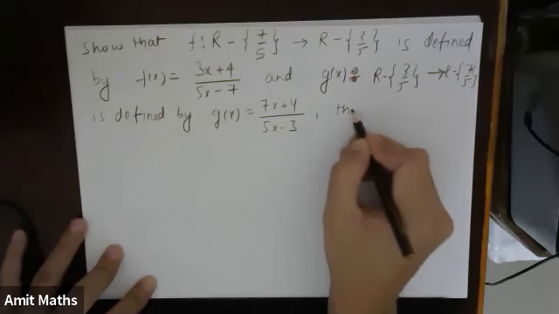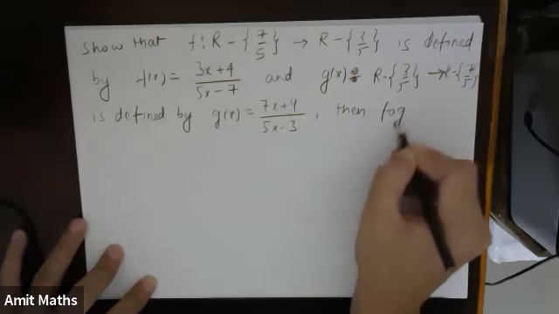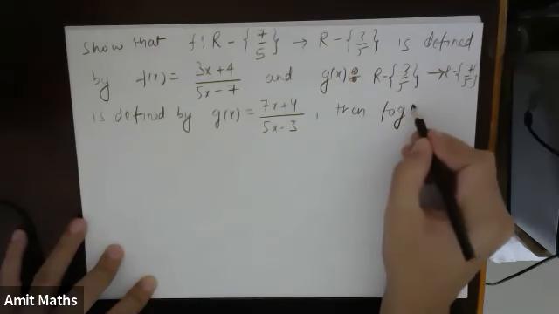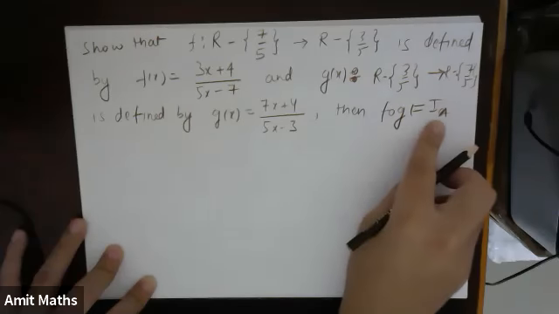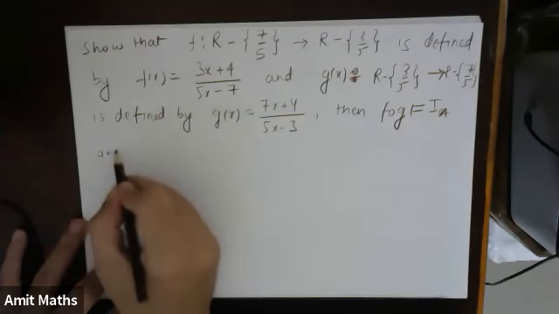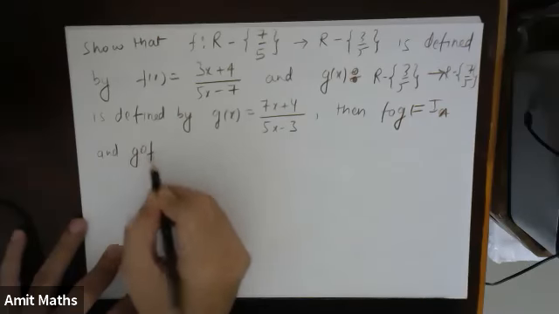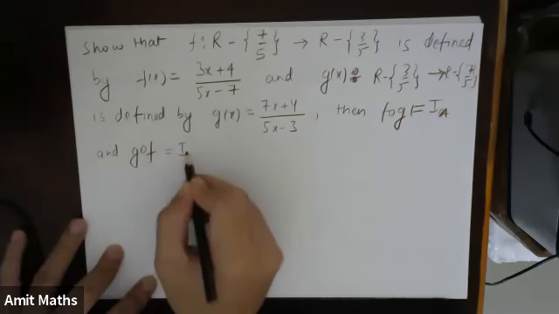Then f of g is equal to IA, and g of f is equal to IB,